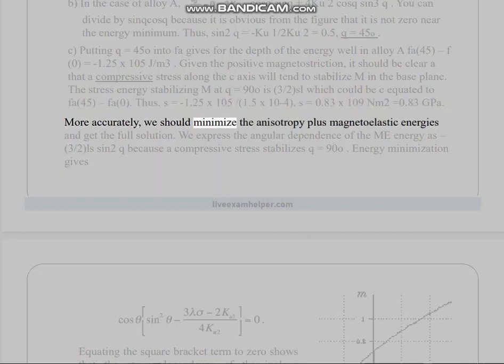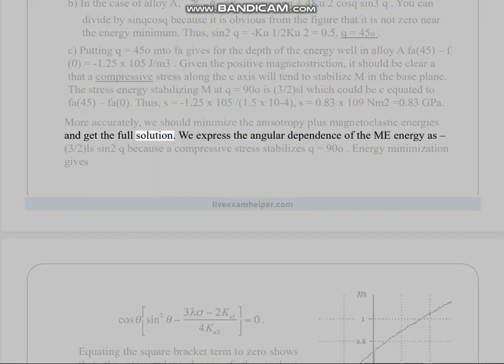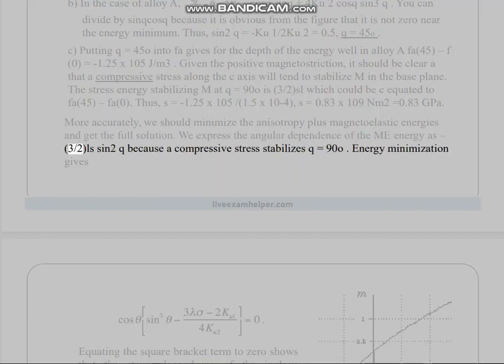More accurately, we should minimize the anisotropy plus magnetoelastic energies and get the full solution. We express the angular dependence of the magnetoelastic energy as 3/2 lambda sigma sin^2 theta because a compressive stress stabilizes theta equals 90 degrees. Energy minimization gives